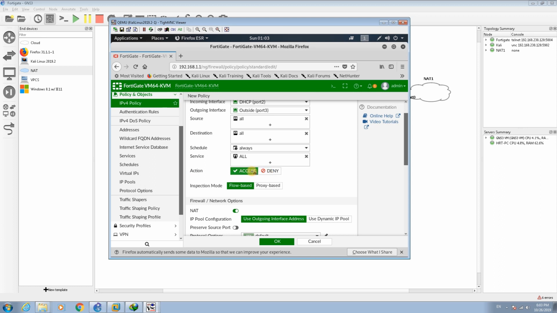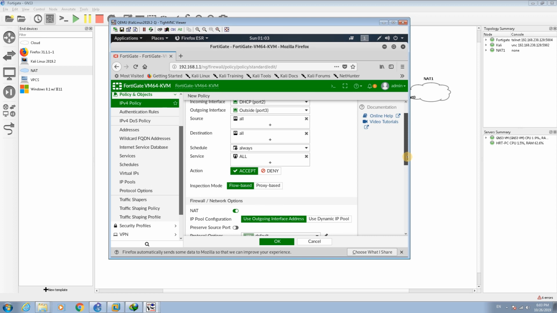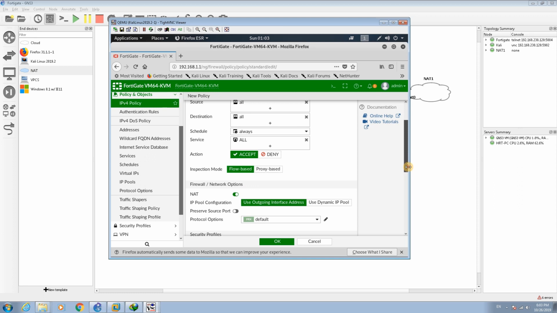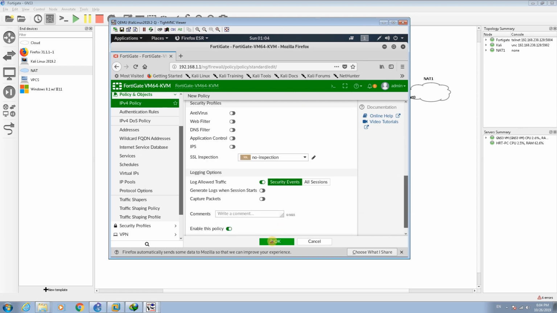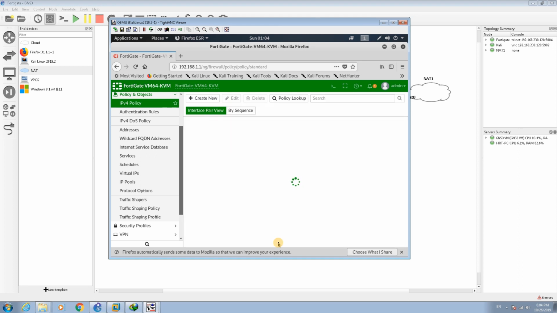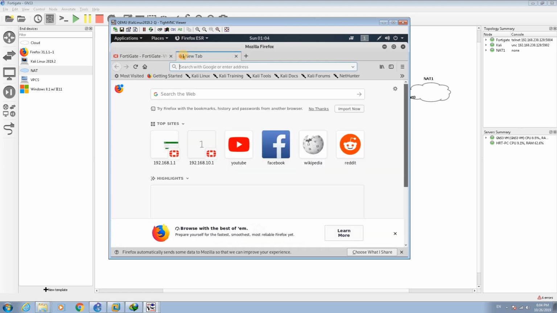I can deny that or I accept that, but here we should allow the traffic from port 2 to port 3, so we accept the traffic, and the inspection mode set it as flow base, because in FortiGate we have proxy base and flow base, and they bring some different features. Now in this scenario I set the other features as default, and just I click on OK, and now I have the policy from port 2 to port 3, and so now I try to reach